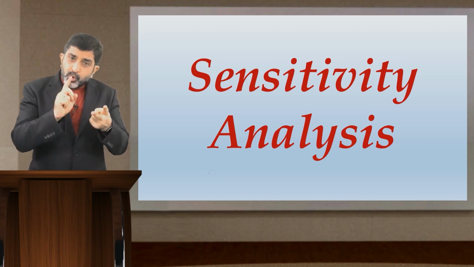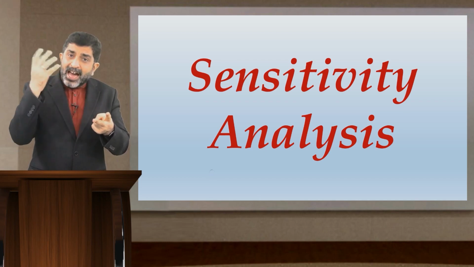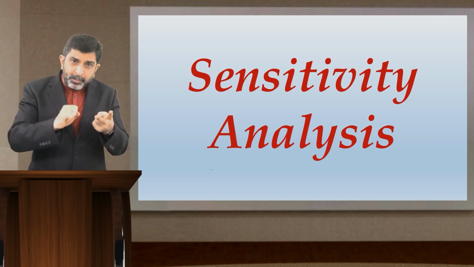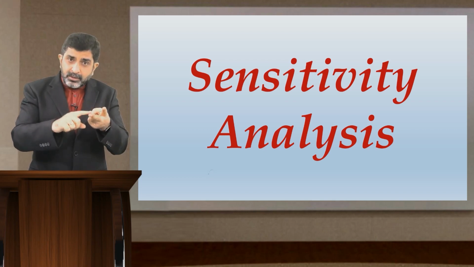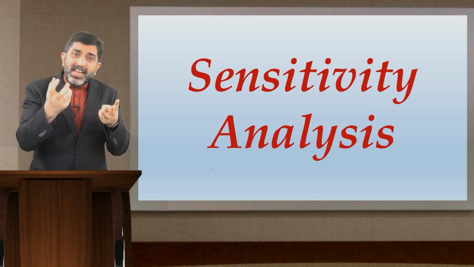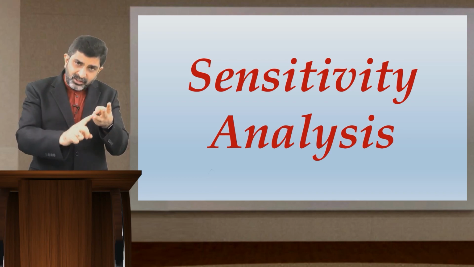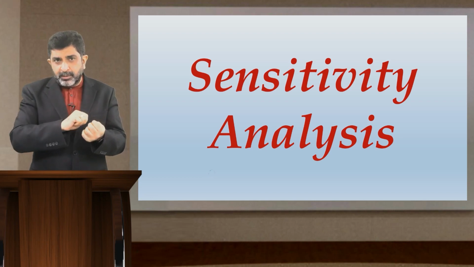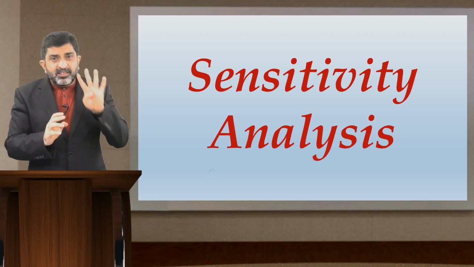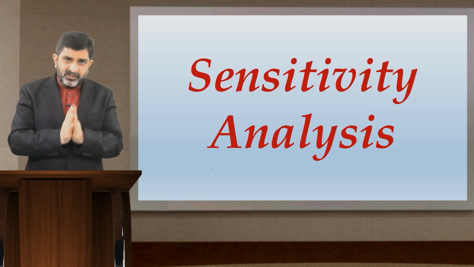Second thing, you need to know what is the annual cash inflow that you are expecting. So annual cash inflow is another variable. Number 3, what is the life of the project? That is the third variable. And what is the discounting rate? That is the fourth variable. So generally these 4 variables exist.